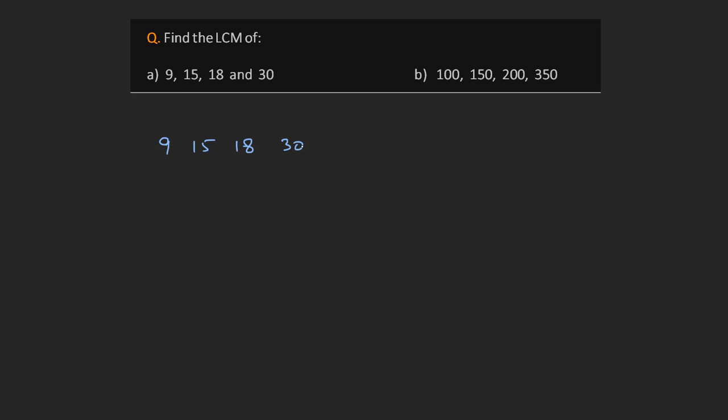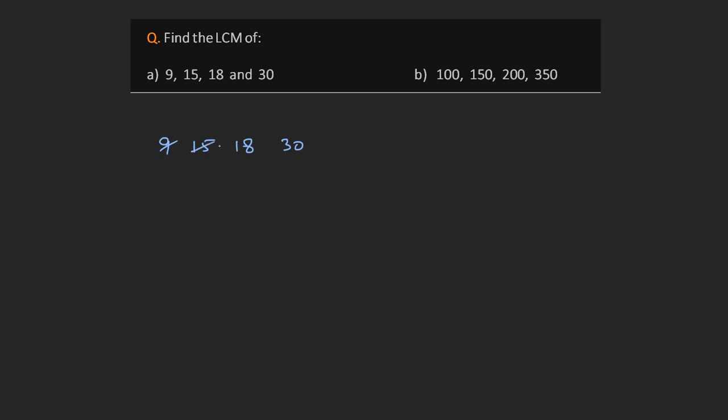Now before we start working with multiples, we'll use a trick to make our work easier and quicker. Among these numbers, if you observe carefully, you'll see that we have 9 here, which is a factor of 18. 9 times 2 is 18. As such, every multiple of 18 will also be a multiple of 9. And so, if we are checking for 18, we don't need to check for 9. We can ignore it. Similarly, 15 is a factor of 30, and so we don't need to check for 15 when we are checking for 30.